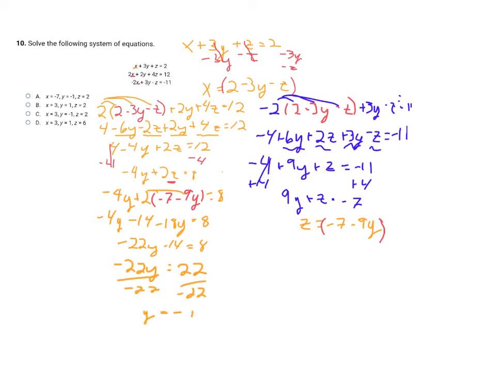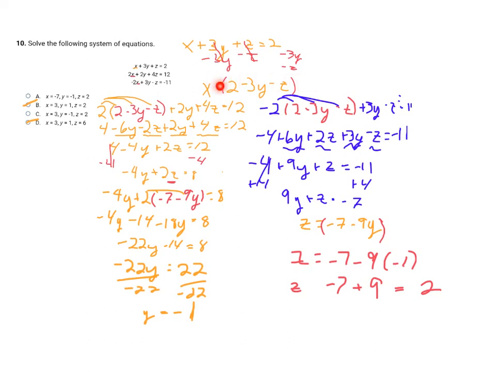And I have my first variable out of 3. And I've already narrowed it down to A or C. So now I know that y equals -1. So I'm just going to go over here where it says z equals. And I have -7 minus 9y. But now I know that y is -1. So I'm going to go ahead and substitute that in. So that's going to be -7 plus 9, which equals 2. So z is equal to 2, and that doesn't narrow it down anymore,